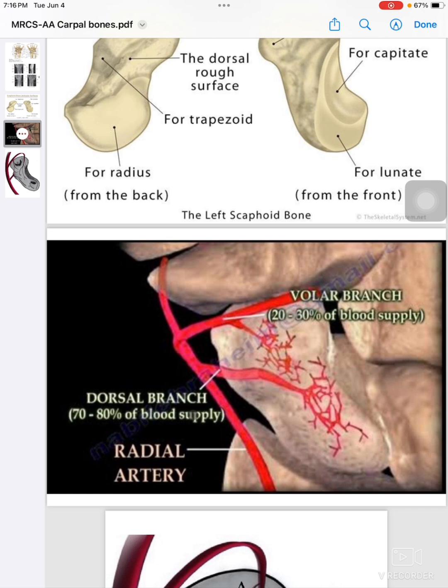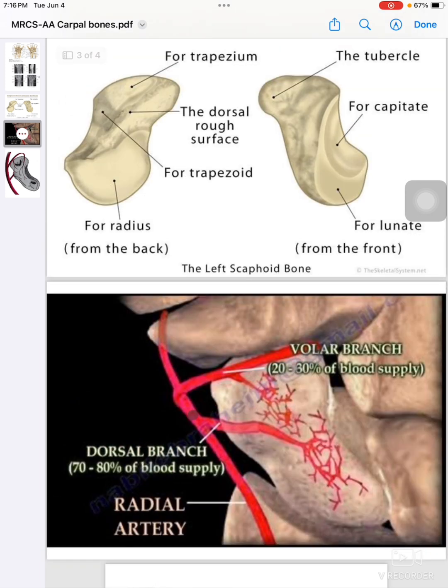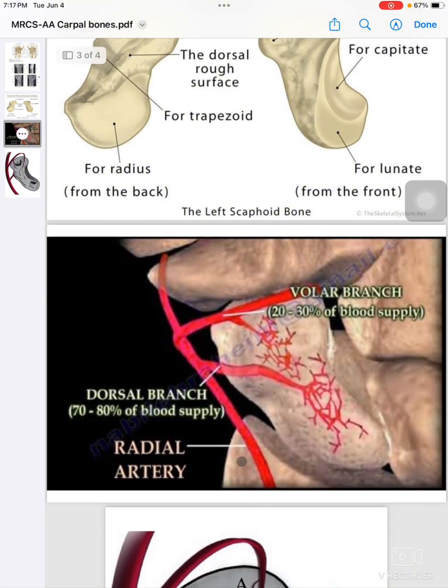The scaphoid is anatomically divided into three parts: the proximal pole, waist, and distal pole. It is important to appreciate the blood supply to the scaphoid, which is by branches of the radial artery. The dorsal branch of the radial artery supplies 80% of the total blood supply, and